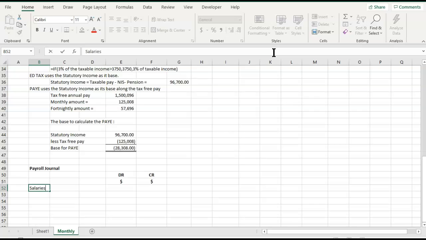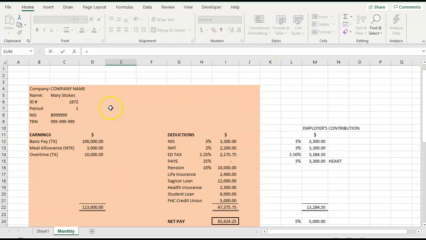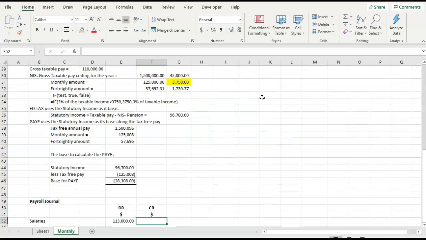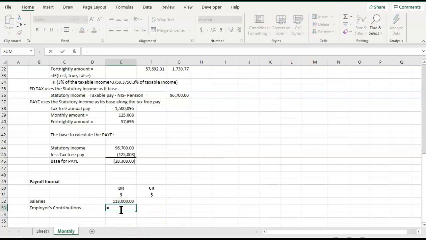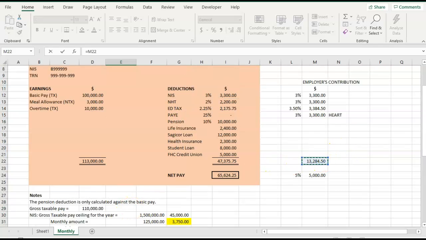And the debit figure for the salaries is going to come from the earnings. So this figure will constitute the salaries, the basic pay, the meal allowance, and the overtime for all purposes. We're also going to pick up the employer's contributions. Some companies carry a separate line for that, but we can include it with our salaries as well. And so our employer's contribution, let's pick that up, is